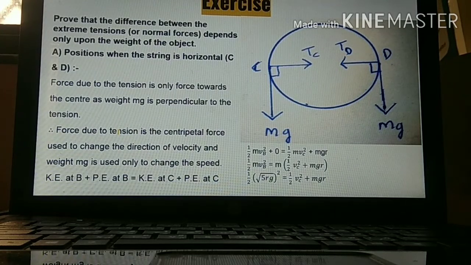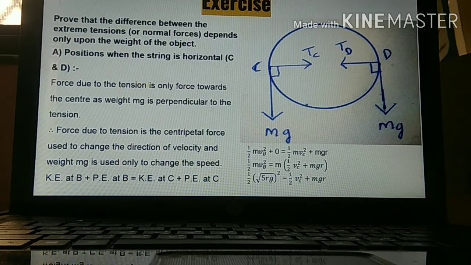Next one, we have to find total energy at these extreme points. Prove that the difference between the extreme tensions depends only upon the weight. This is the tension at these two points. We have to show that it only depends upon the weight. So force due to